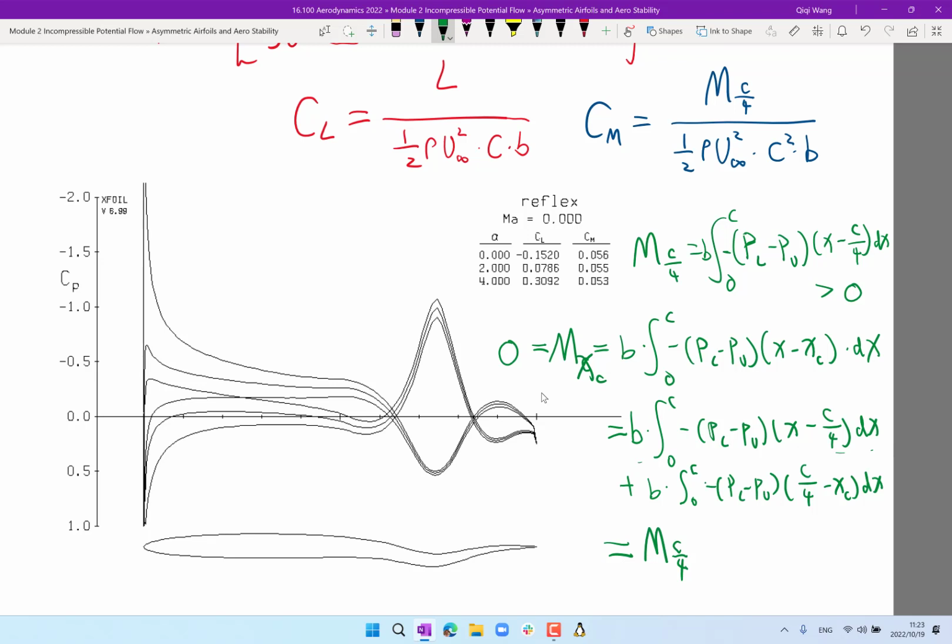What is the integral of the pressure difference? It's lift, right? It is just the lift. So let me pull this thing out. Because for lift you don't need the negative sign, we'll reverse this. So xc minus c over 4 times the lift,